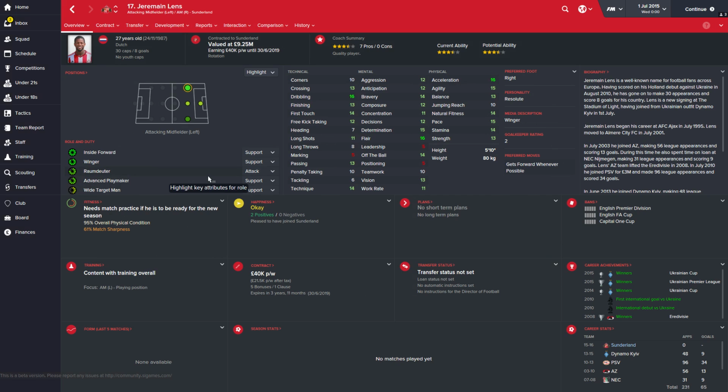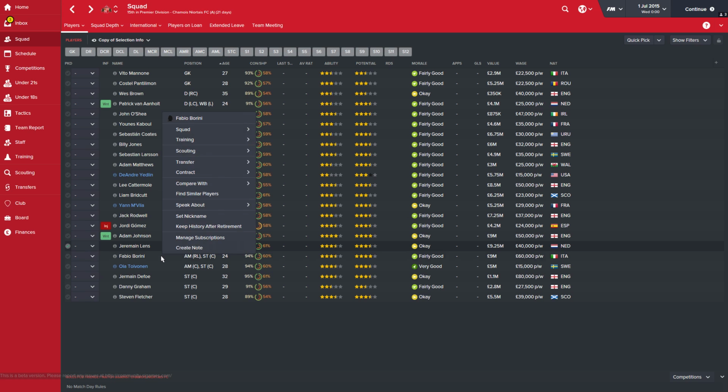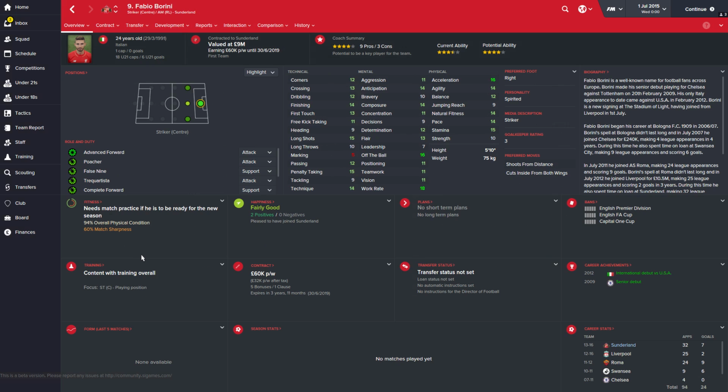Jermaine Lenz, 27 years old, a winger again, plays kind of like Adam Johnson really, but just a slightly lesser version, I'd say. Again, he's dribbling, gets forward whenever possible, so two very attacking wingers. Good pace, acceleration, kind of just very similar to Adam Johnson really. Are they the only two real wingers you've got? Okay, interesting. So you've got Fabio Borini, another